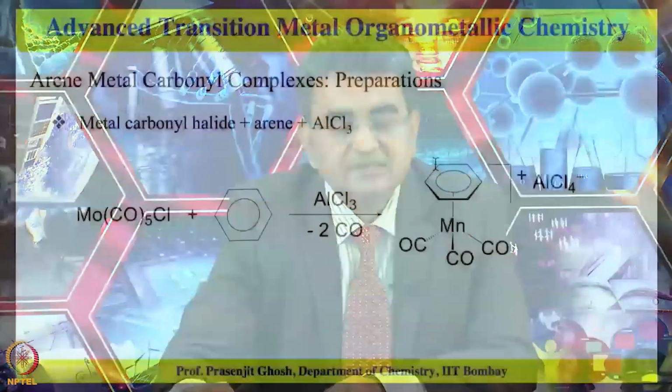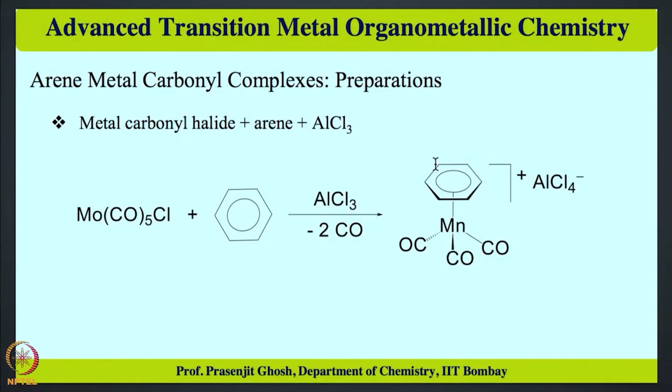procedures as well. One of the most common procedures often used for making these half sandwich transition metal arene carbonyl complexes is the carbonyl substitution reaction of metal carbonyls with arenes at high elevated temperatures. So, this is by far the most direct method for synthesizing these arene metal carbonyl complexes, and continuing upon that discussion, we are going to take a look at a few other methods which are available for synthesizing these transition metal